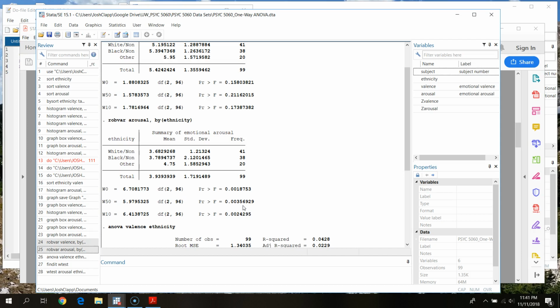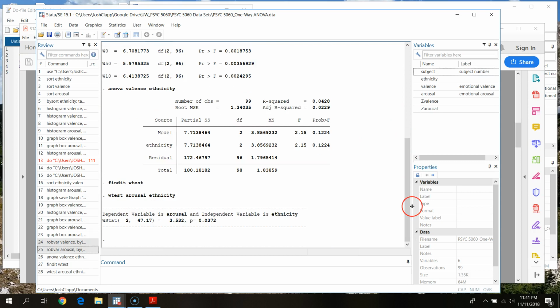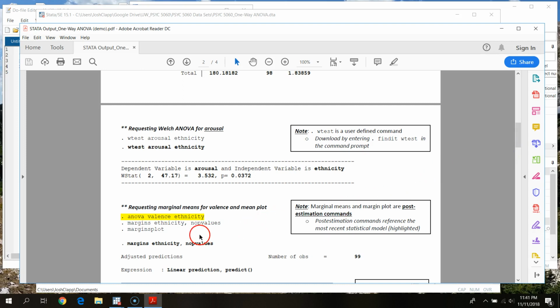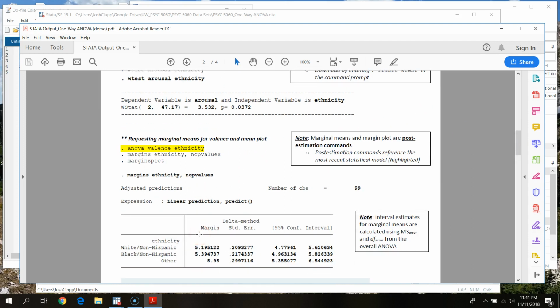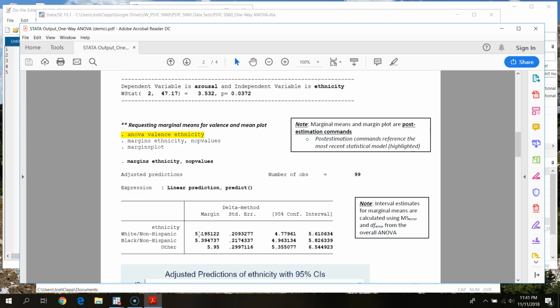And so it looks like we have more error variance in some groups versus others, and this is going to be something that we might want to think about and take into consideration as we're moving forward with this. Okay, so we have run our statistical test, but a couple of other things that we can do in